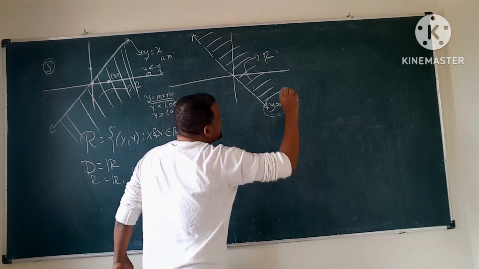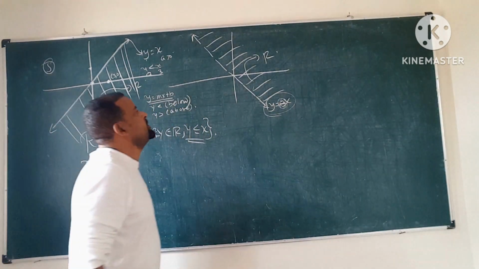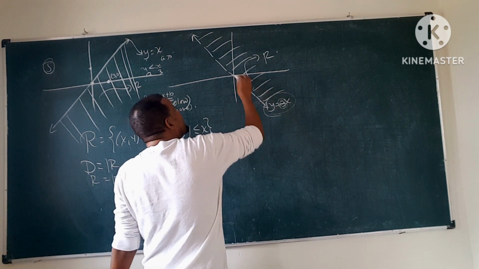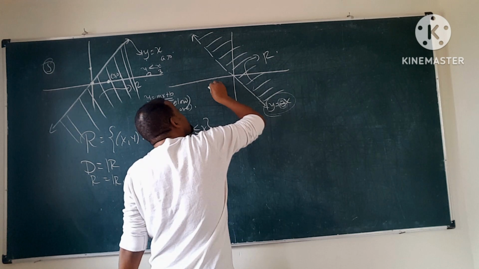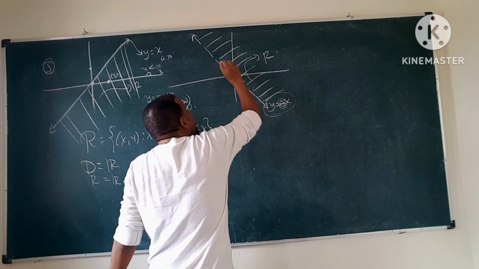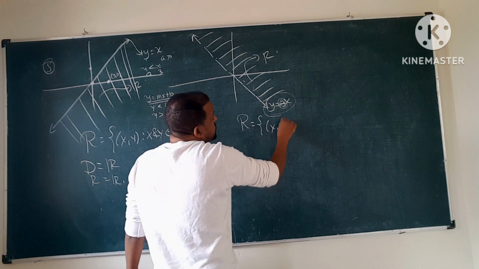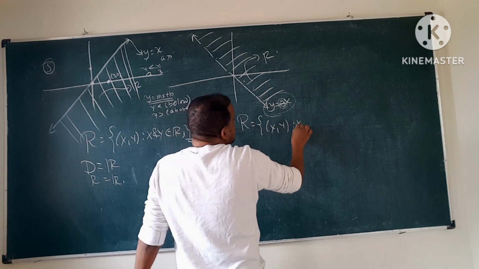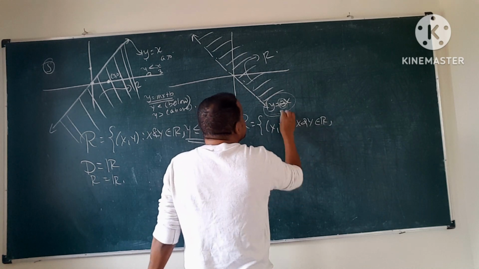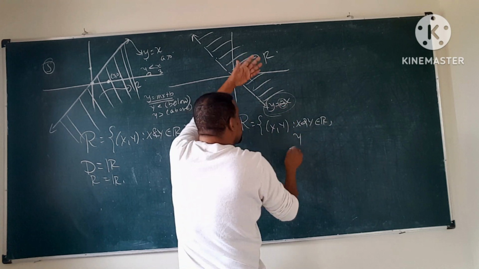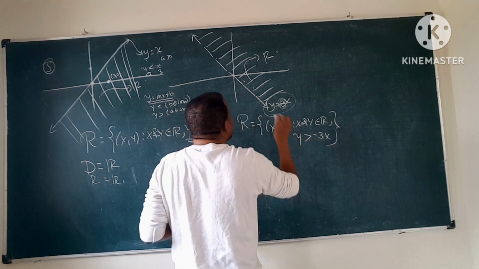So y is equal to, okay, make it negative 3x. Y is equal to negative 3x. Okay, how? What do you do? Is the shading above the line or below the line? It is shaded above the line, and it is a broken line. So what will our relation be? The set of all ordered pairs of x, y such that x and y are coming from the set of real numbers and y is above the line, so y is greater than negative 3x. You do it without equality,